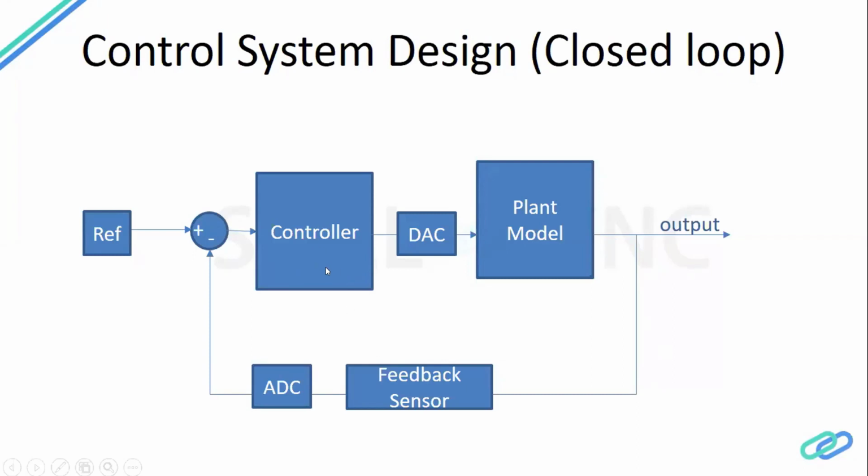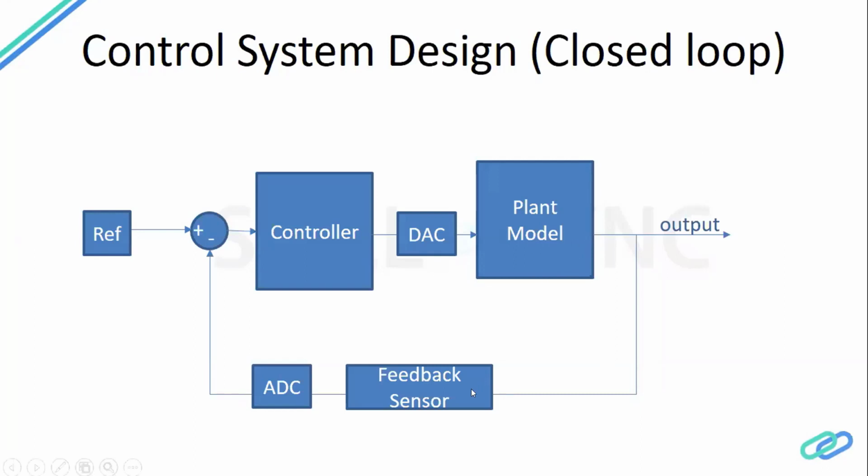It can be any kind of control action which we want to deploy. And by plant model, I mean your system. It can be your brake disc, it can be your suspension, it can be your entire vehicle. It depends what you are considering as your plant model, what dynamics of your vehicle you want to control. Is it the speed of your vehicle? Is it the consumption of your fuel? Anything which you want to control, you try to model it. So that is considered as our plant.